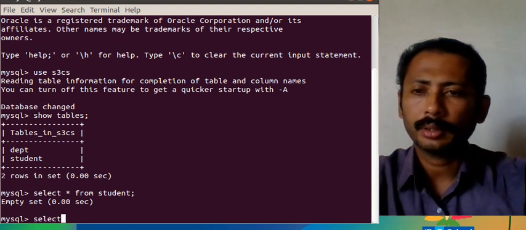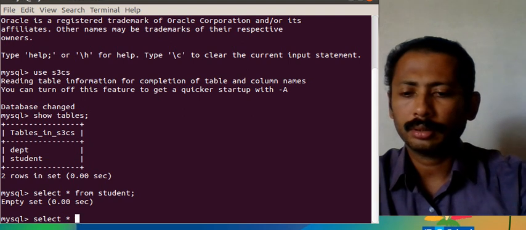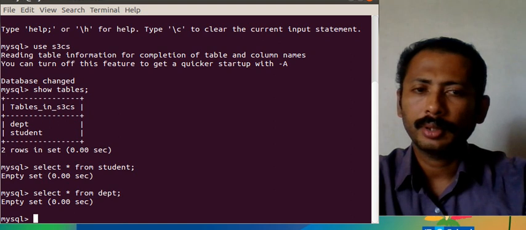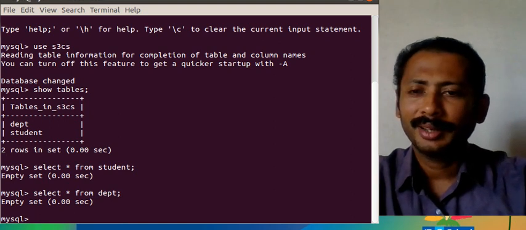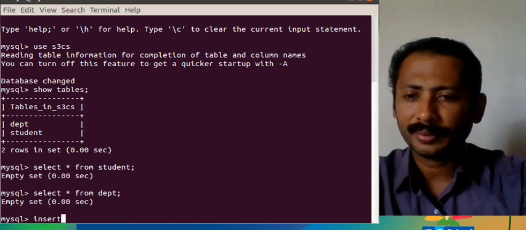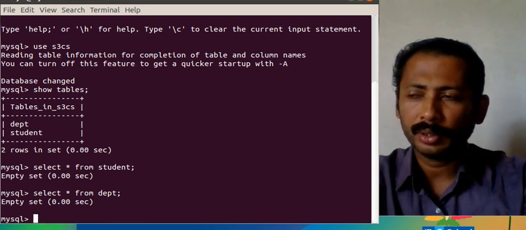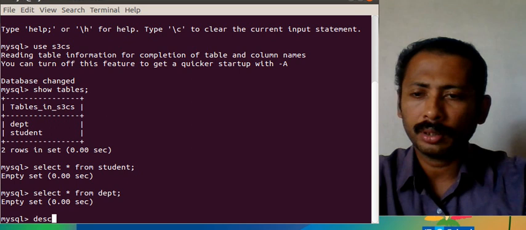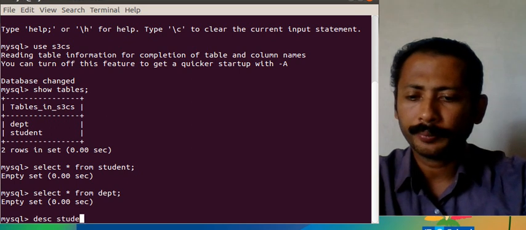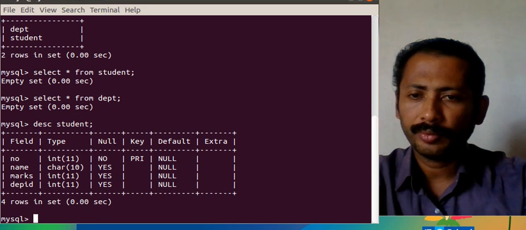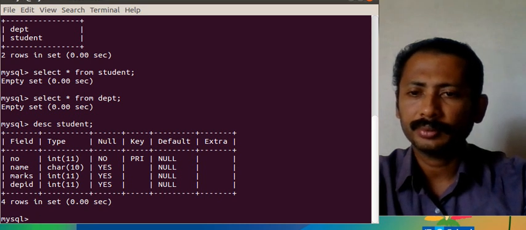Select star from department. Here also no records are there. So we will insert the records. Before that we have to see the structure, so describe student. It has 4 fields.